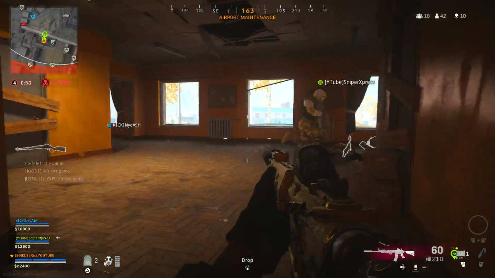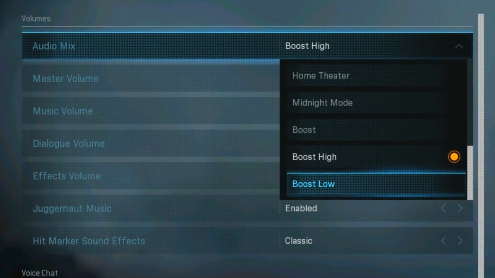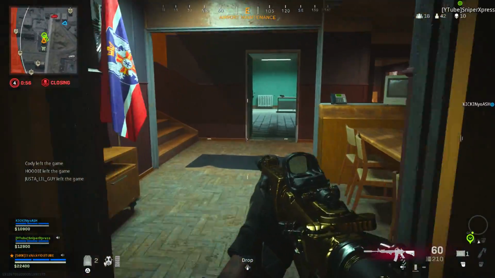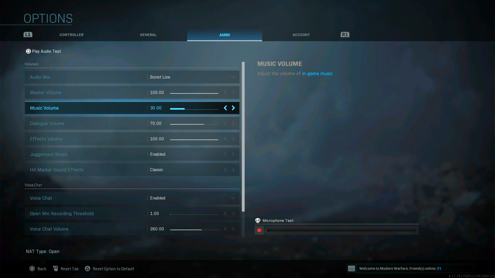Now for the audio mix, you have boost high or boost low, that I would say is pretty good, but you're still not going to hear footsteps. This game has major issues for footsteps in the battle royale in Warzone, so they're pretty much non-existent unless they're super close. Now my personal volume settings, I have the master volume at 100, the music volume at 30,